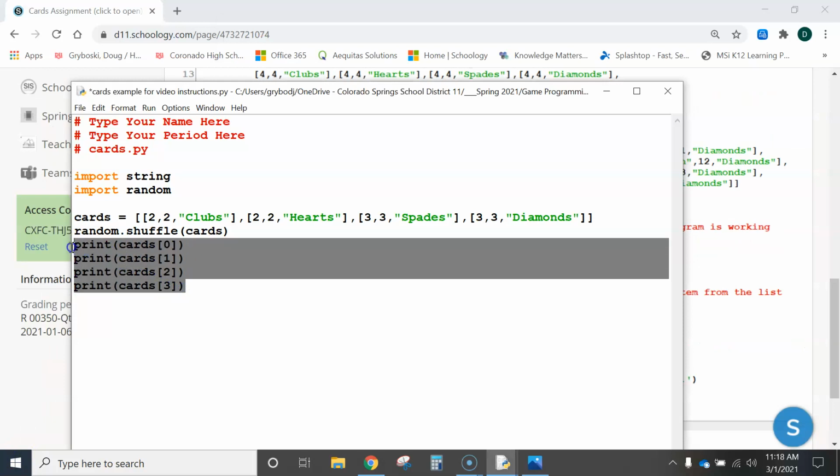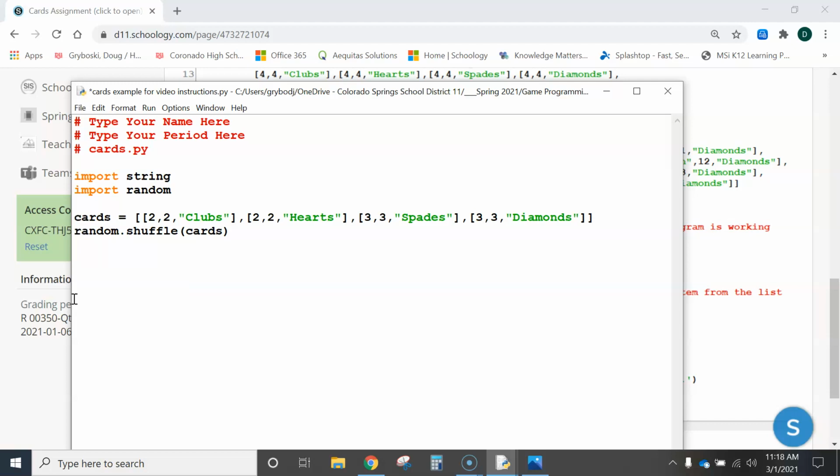Alright, so rather than printing all of the cards, I am going to simply set a variable. So here we are, next card. I called my variable next card equals cards 0. So I'm slicing that very first card. Then now I could just print next card,